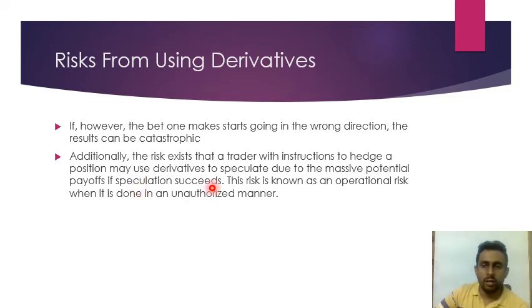So consider something like a big company having a very good export turnover. So there are a lot of remittances that are going to come. A fund manager is allowed to hedge these positions. Consider a scenario when he starts speculating on those. The losses that the company might suffer will be very large due to the large volume of exports. So this type of risk is known as operational risk when it is done in an unauthorized manner. There are companies which permit that,